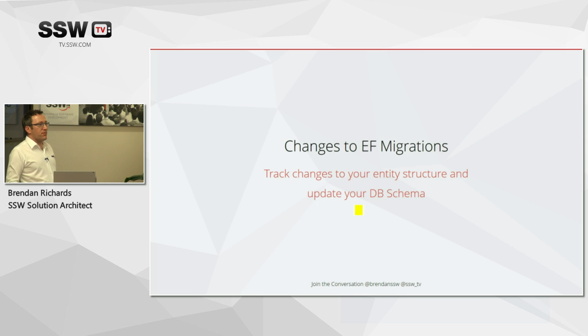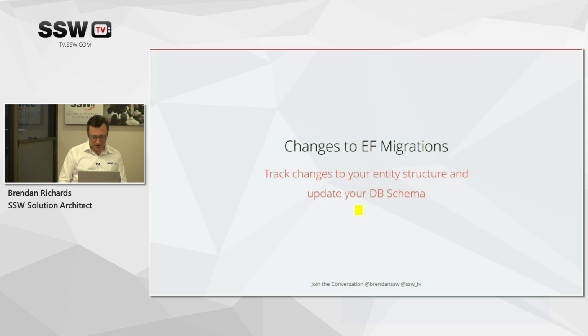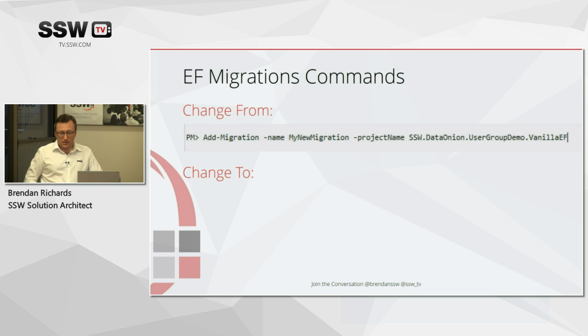Okay, so Entity Framework migrations is how you track changes to your entity structure and then update your underlying database schema to match. So the first thing that's changed with migrations is the old way of doing it is an Add-Migration PowerShell script. I think in the future we'll look back and see how we used to go and open up the NuGet Package Manager console and use that as our primary console. A bit weird. We seem to not have had a good console for a long time. Then finally NuGet came along and we got a console.